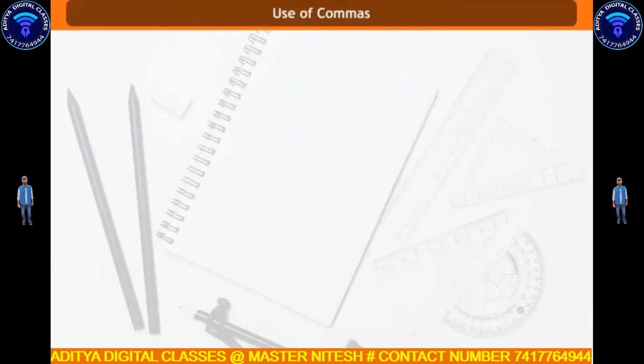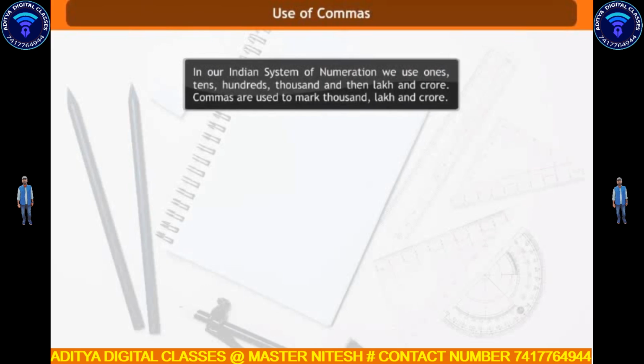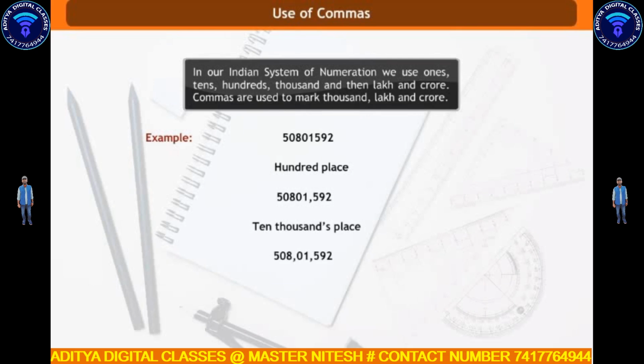Use of commas. In our Indian system of numeration, we use ones, tens, hundreds, thousands, and then lakh and crore. Commas are used to mark thousand, lakh, and crore. The first comma comes after hundred place, that is 3 digits from the right, and marks thousands. The second comma comes 2 digits later, that is